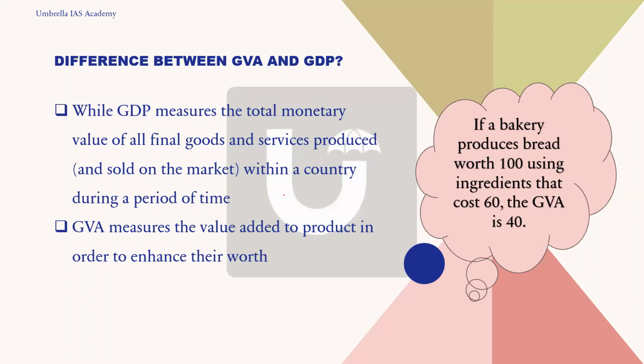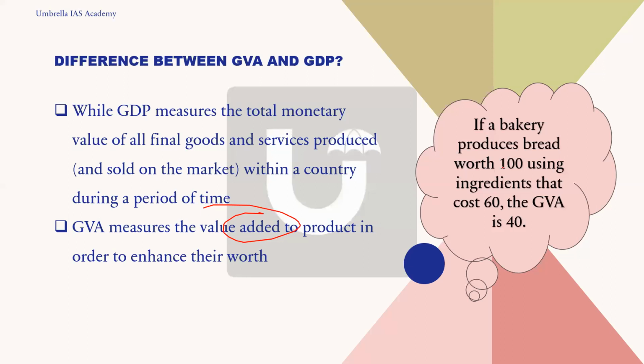Next, some questions they have asked on what is the difference between GVA and GDP. Again, just by one word you can differentiate, that is value. If they're asking about GVA, we are calculating just value added. That's it. Whereas when we calculate the money value of final goods and prices, it is basically GDP. Nowadays, mostly they are using GVA because it is a bit more accurate than GDP, because they are calculating just the value added.